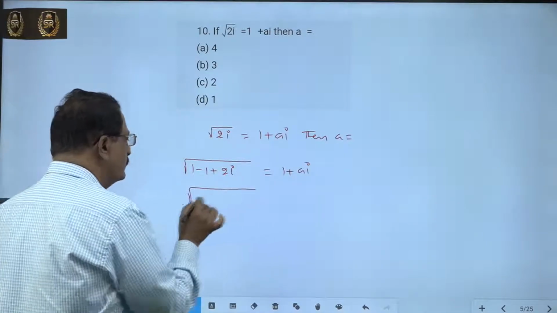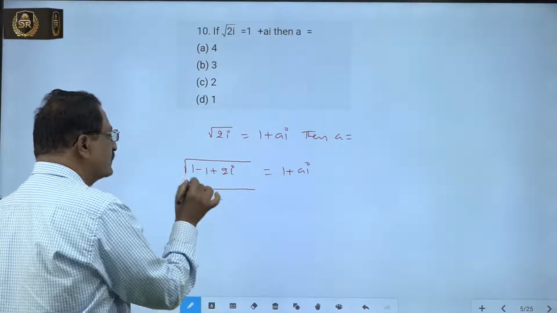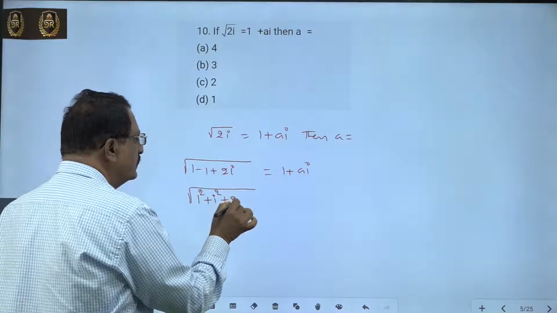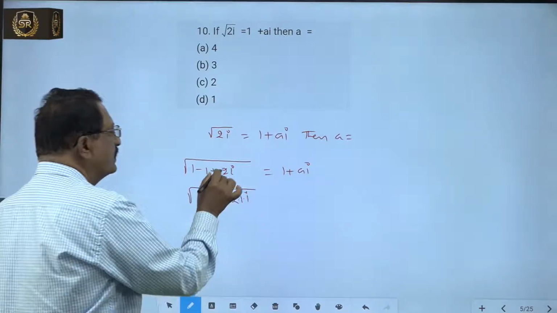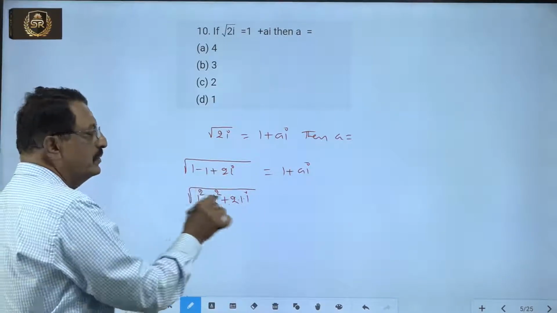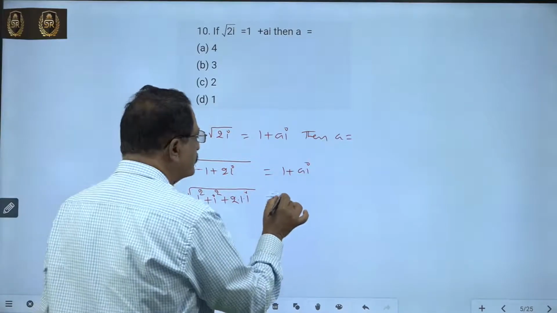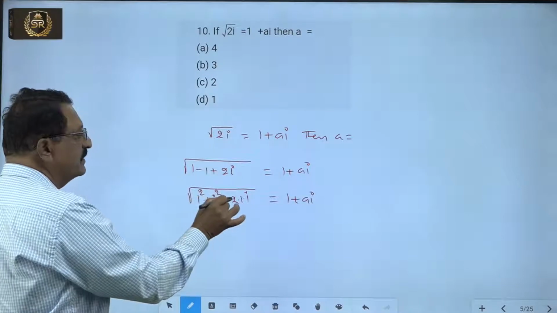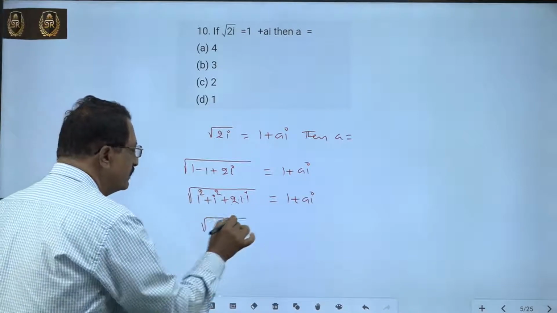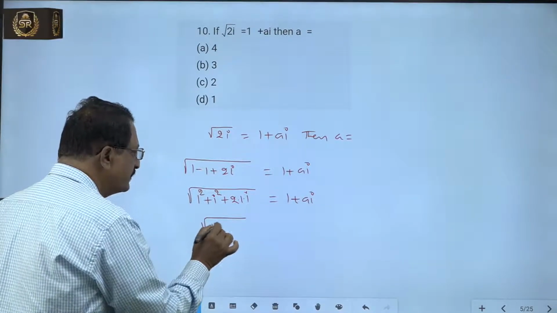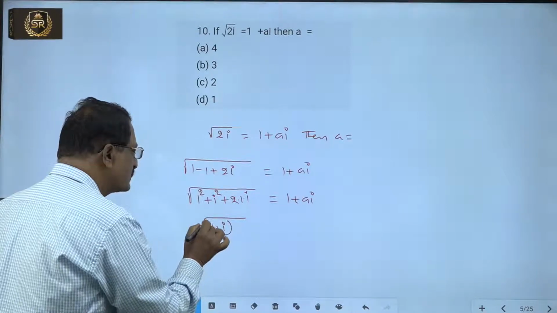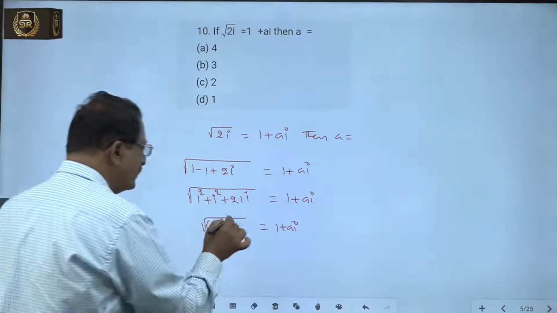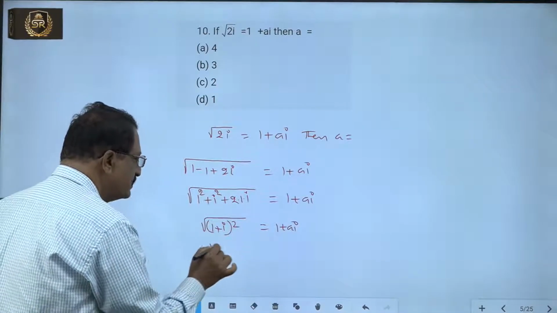Now square root of 1 can be written as 1 square minus 1 equals i square, plus 2 into 1 into i. 2i can be written as 2 into 1 into i, that equals 1 plus ai. Now a square plus b square plus 2ab. Now square root of (1 + i) whole square equals 1 plus ai. Now square and root cancel, it equals plus or minus,